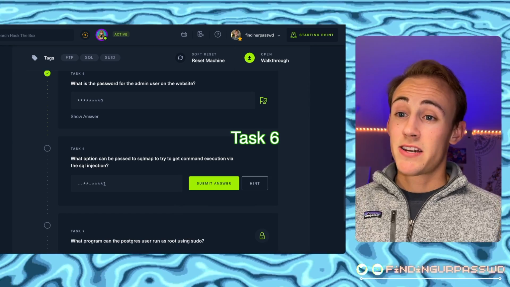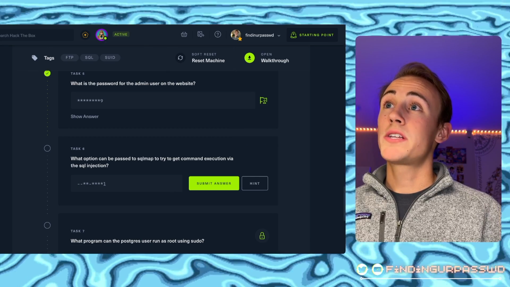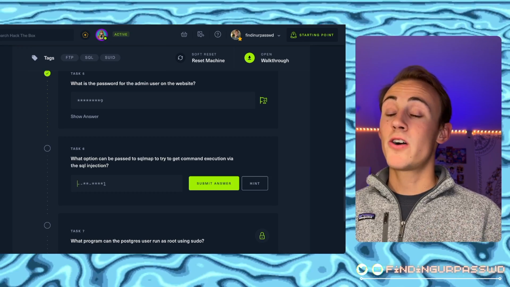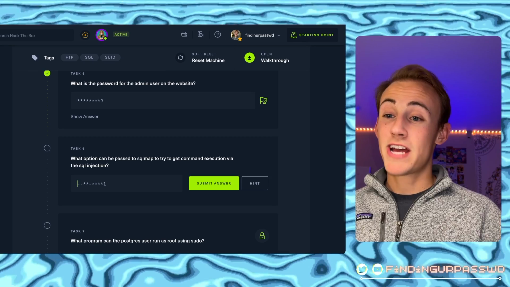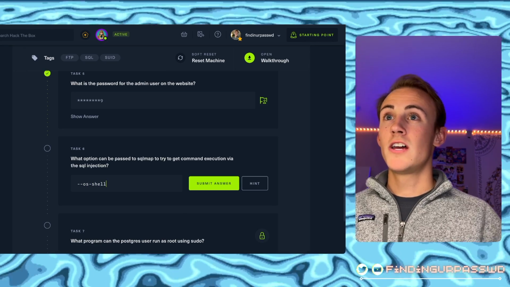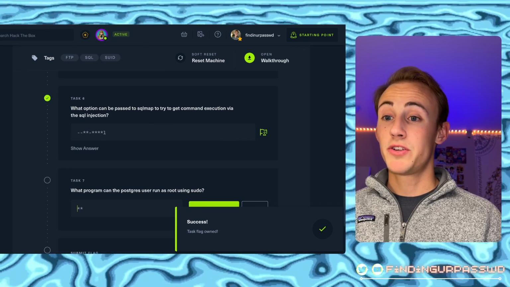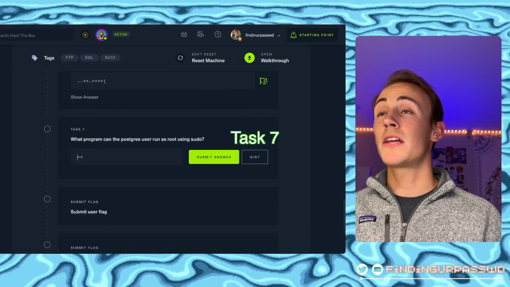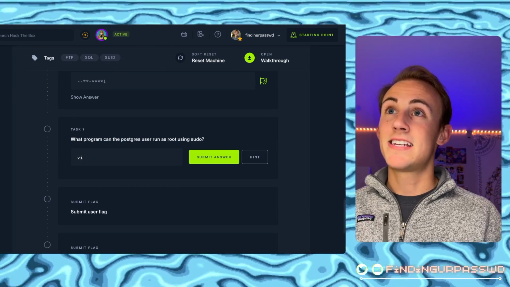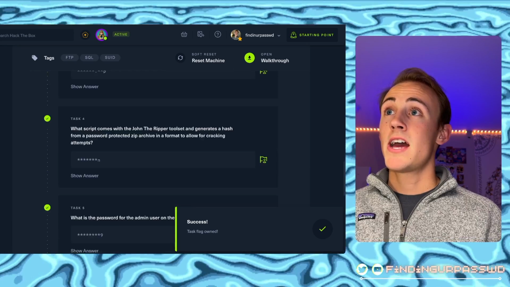Now moving on to task number 6, if we look at the question, it's basically just asking what option can be passed to sqlmap to get a command execution shell. That was the --os-shell flag that I showed you guys. So os-shell, and we can submit the answer. Boom. And now moving on to task 7, it says what program can the postgres user run as root using sudo? And that is VI. That's the text editor that we investigated over on GTFOBins,